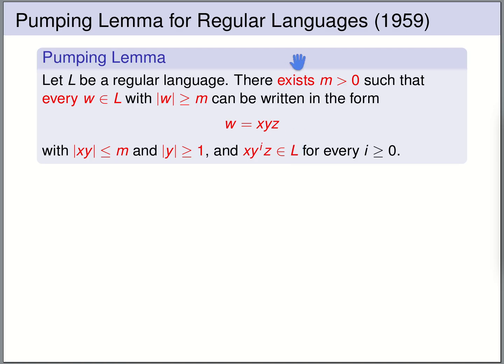The pumping lemma guarantees that there exists some natural number m, but we don't know which it is. It guarantees that every word that is longer than this unknown m can be split into parts x, y, z, but we don't know how this word is split. So we don't know anything about x, y, z except that xy has at most length m and y is non-empty. So for some way to split it with these properties, it holds that however we pump, we remain in the language. I hope that this pumping lemma will become more clear when we see some examples.